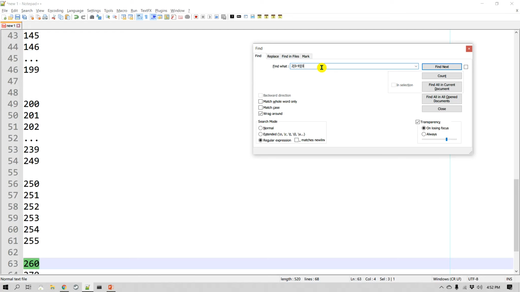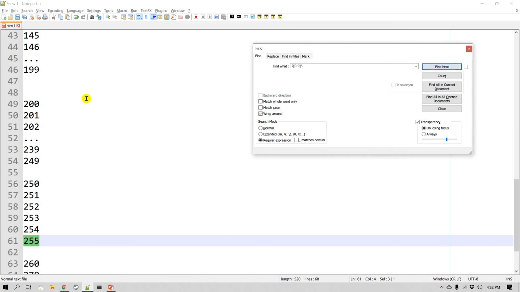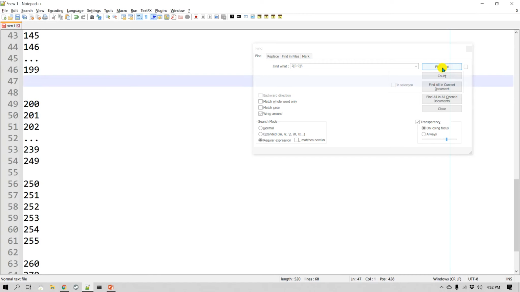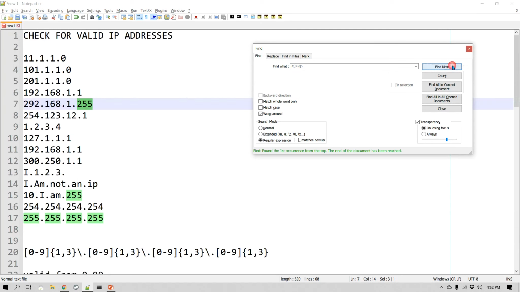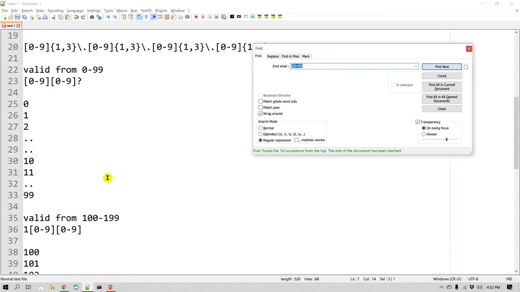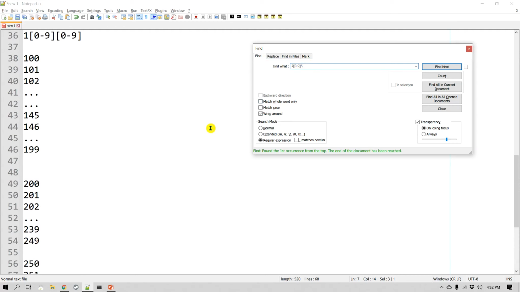And so you might say, well, what should I do? Maybe I should just put 5 here. Well, now there is a problem, because as I start matching these, let's go back to the cursor here. Next. Yeah, it's only matching this for some reason. But anyways, that is also not good enough, because we said anything that ends with 5, so it will not match any of the other numbers that don't end with 5. So that is definitely not the right approach.